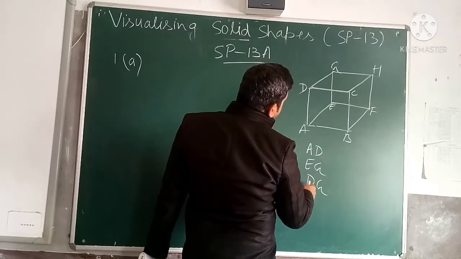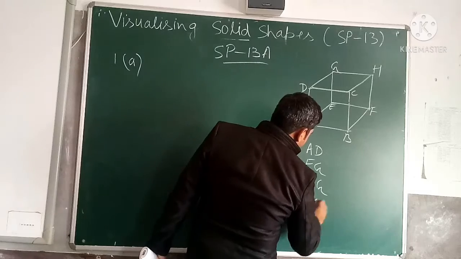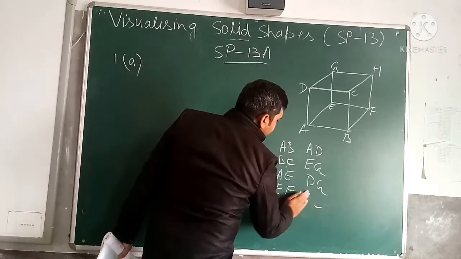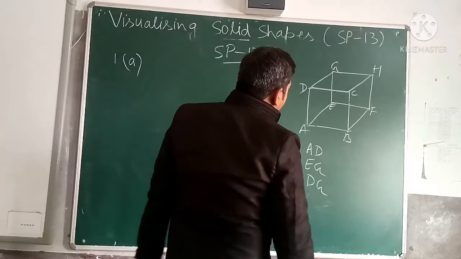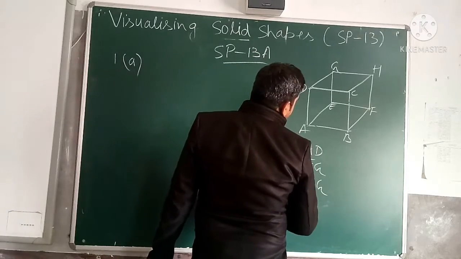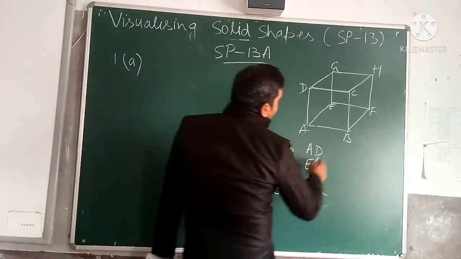AD. Now A is also 4. Another result, A is also here. So we don't write it 2 times. Next we can write, because A is already written here. Next is